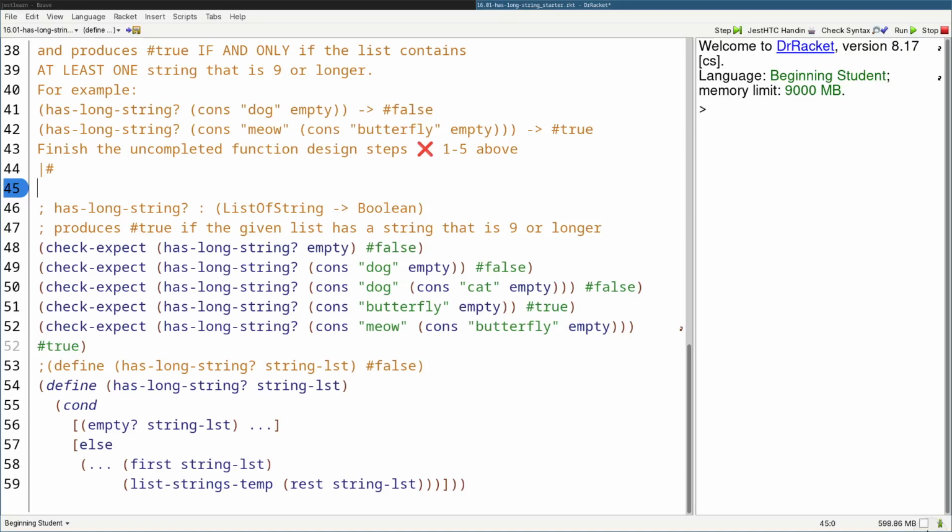So looking at our examples here, the base case, right, if we're given an empty list, we should just produce false. Okay, right, because there are no strings of 9 or longer in the empty list. All right, now for the hardest part, looking for the combinator and such. Since we're producing a boolean, that might hint for us to look at